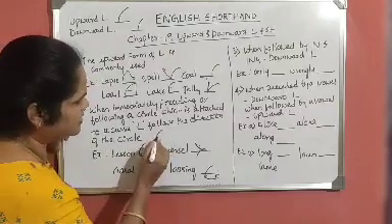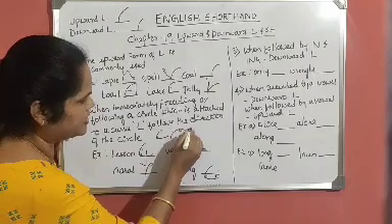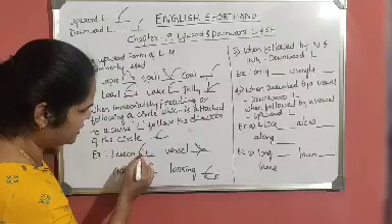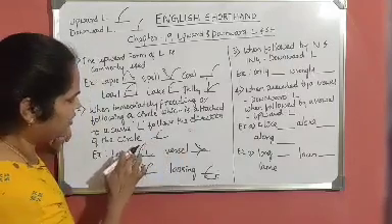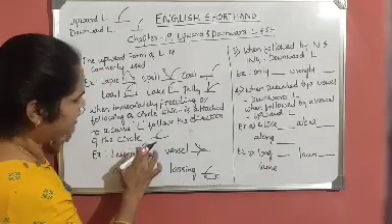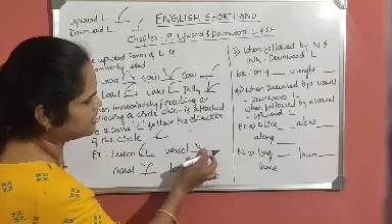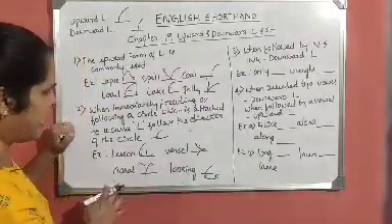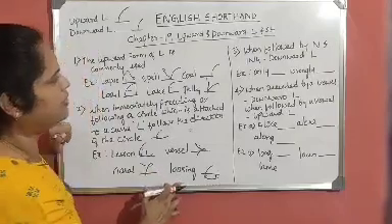See here, lesson: L, circle S, N. I wrote like this. I cannot write the upward L here, I cannot write S and N. This will be wrong. So this is the right one. As per the direction of the circle, we have to write the curve L: L, circle S, N. Here, vessel: V, then the circle S direction is downward, so I wrote downward L. Nasal, here also downward L. Losing, here also downward L.